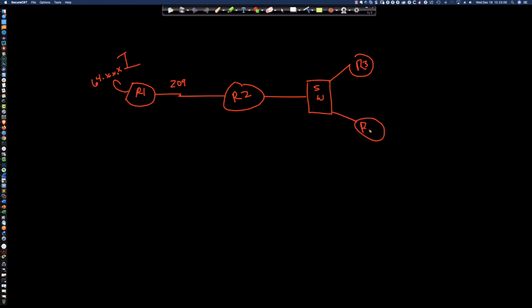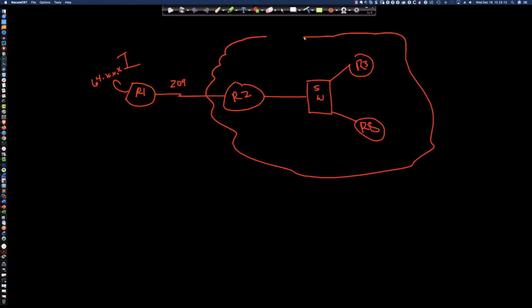So a little different than what we were just looking at, but again, it's the same exact scenario. So here is my little company network for company A. Here is my service provider over here, router 1. I've got this 209.x.x.x, and we'll take a look at what that actually is in just a second. But when we look at this,